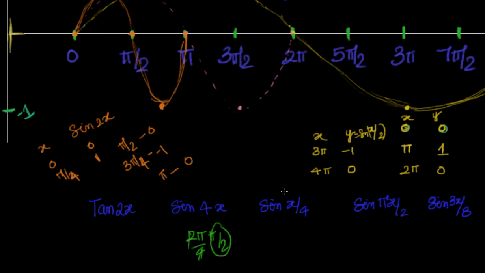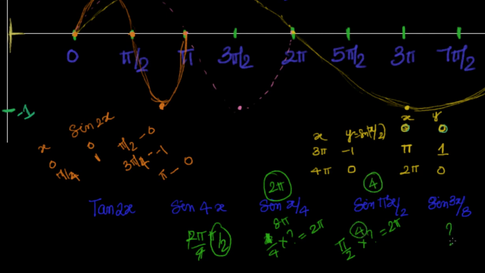Similarly, you see here x by 4. X by 4, I multiply by what to get 2 pi? I have to multiply by 8 pi, so that 4 twos are 8. So the period for this is 8 pi. Similarly, if I have sin pi x by 2, so pi by 2, you can ignore x actually. Pi by 2, I have to multiply by what to get 2 pi? Pi by 2, you have to multiply with 4. So the period here is 4.